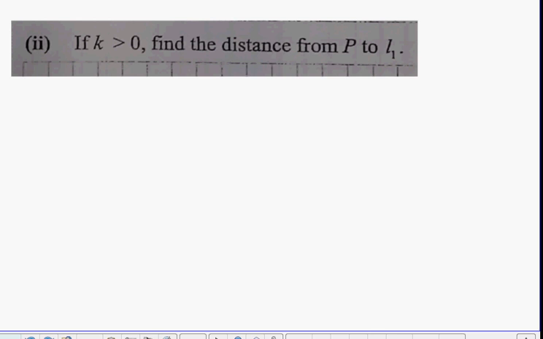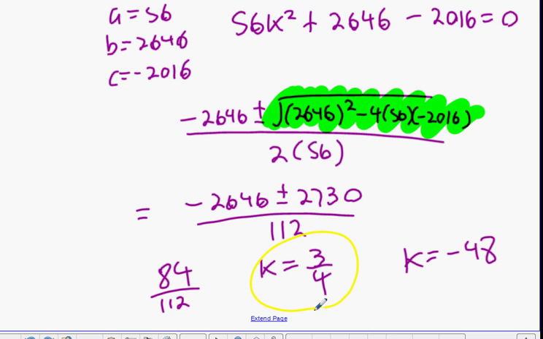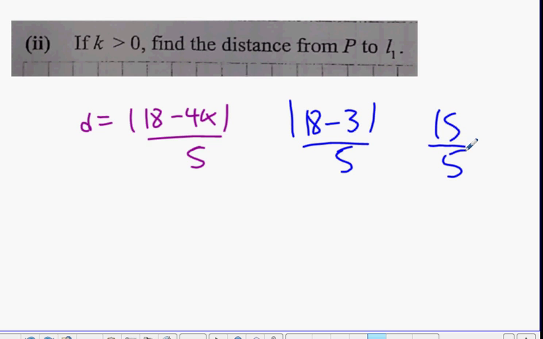Alright. If K is bigger than 0, lads, find the distance from P to L1. L1's distance was 18 minus 4K over 5. One of the K values is below 0, the other one is above. If we have to take the above version, it's got to be 3/4. So what we have to do is replace K with 3/4. So it's going to be 18 minus 4 times 3/4, which is basically what? Basically 15 over 5, which makes the distance